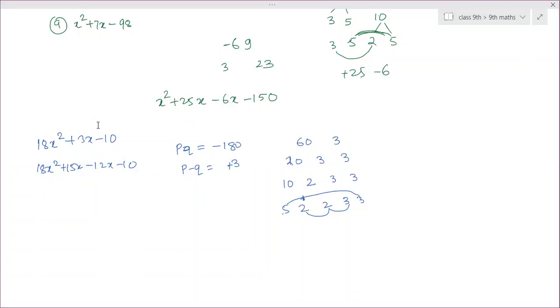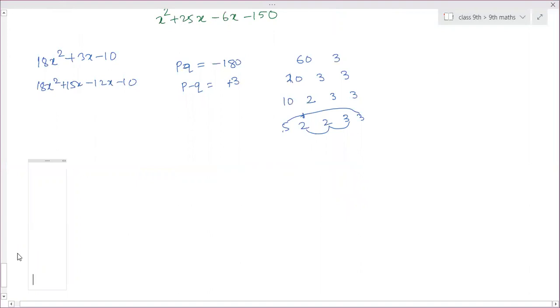Now if the question is the same thing but in fractions, what will you do? There are few questions in the exercise where you can see there are fractions. Suppose it is x square plus 12 by 35x plus 1 by 35. In such cases, what do we do? This is the 53rd question. The factors of 1 by 35. No. Take LCM. So LCM is 35.